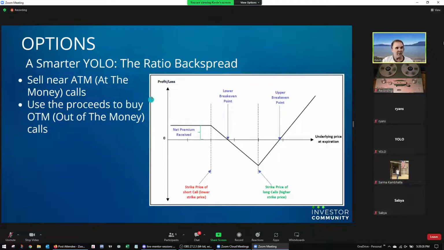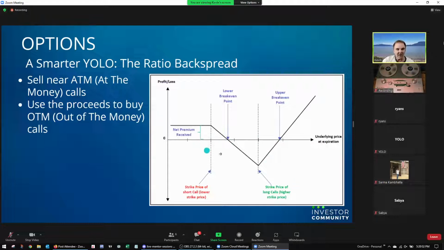You're going to use the proceeds of selling that call to buy out-of-the-money calls. So you're selling a call here, and say this is the $15 strike. You're going to sell this $15 strike, and you're going to use the money you get from selling this to buy calls up here at, say, 25.